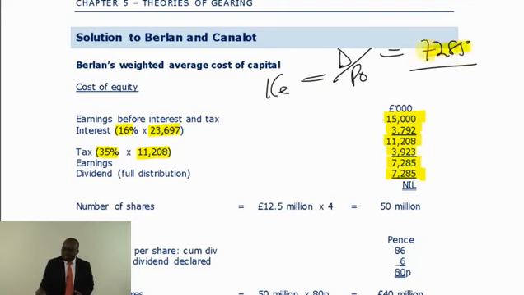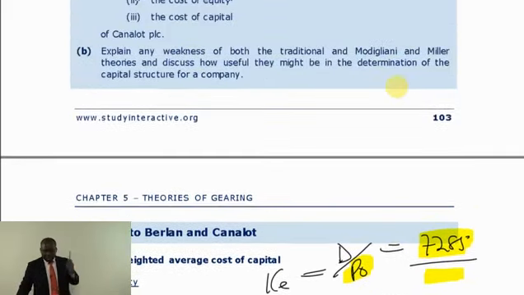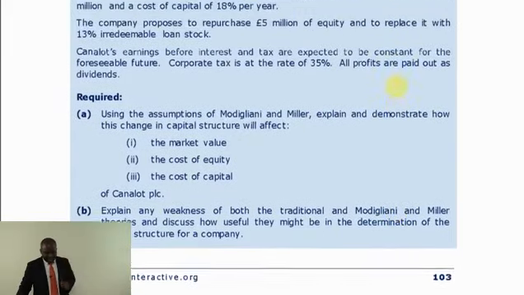Because I use total dividend here, I also need what? Total market value. What market value do I need? I need the ex-div. What is ex-div? If cum div is given to me, I have to convert from cum to ex. You see how I'm doing it? If you don't lead yourself, if there's a trick in the question, you are out. So when we go to the question, we're looking for the ex-div market price.